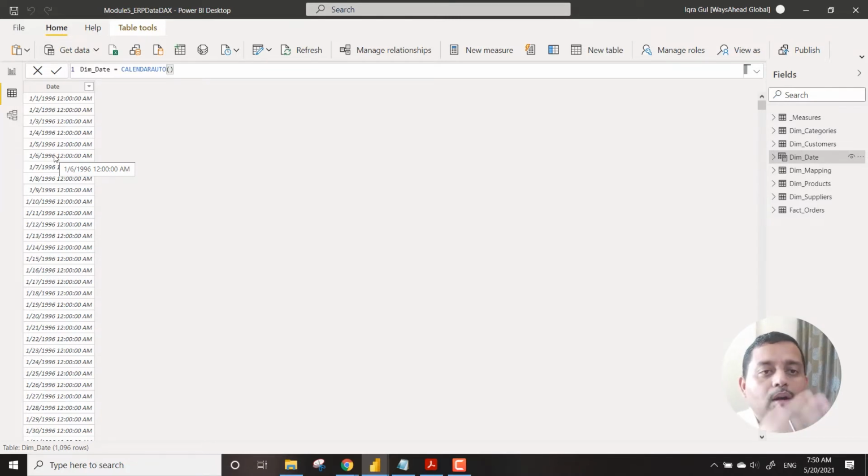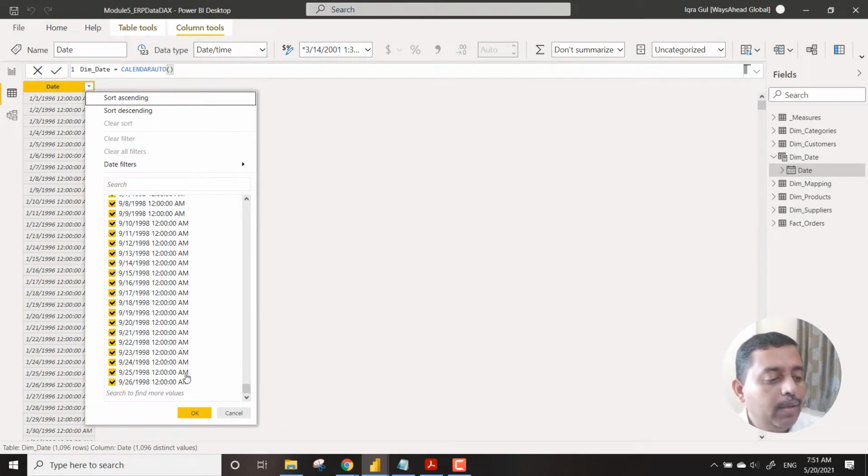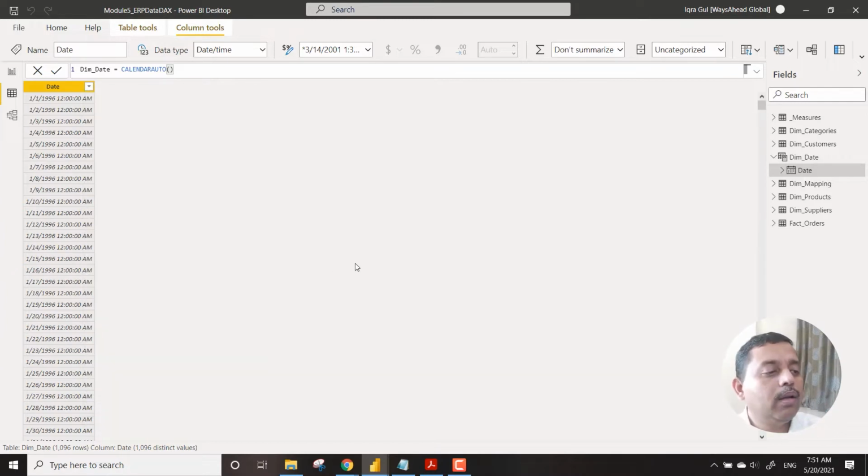So it has understood the columns of each and every table. Wherever there is a date column, it picked up the minimum date and then the maximum date. In our case the minimum year is 1996, so it gave the date allocations from the 1st of January, the first day of the calendar year, and it will go up to December, or maybe September or December of the particular year where the data ends. So 1996 to 99, automatically it has taken this.